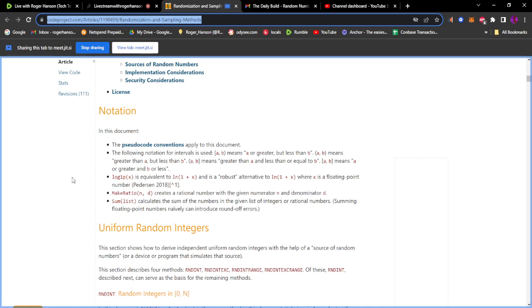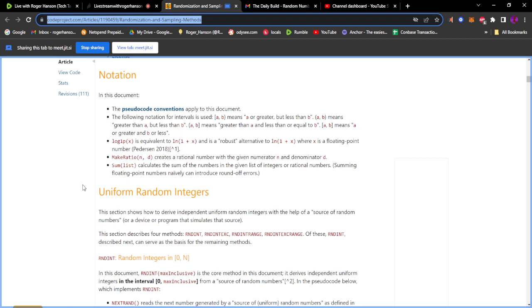Now you have log1p(x), the equivalent of ln(1 plus x), and it is a robust alternative to ln(1 plus x) where x is a floating point number, and that's Pedersen 2008.